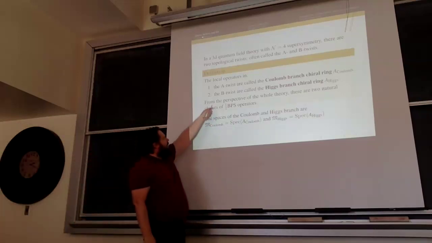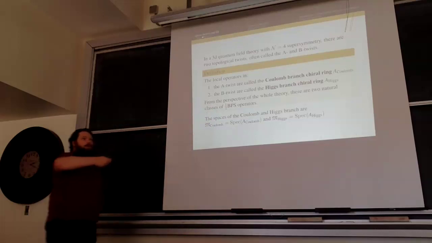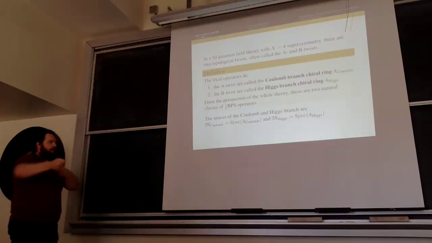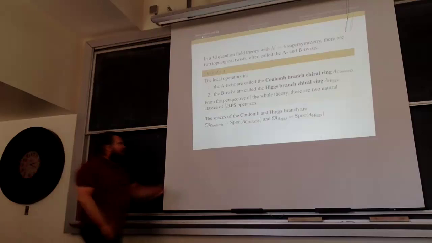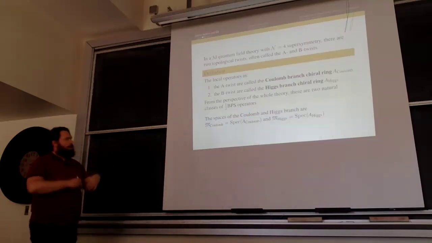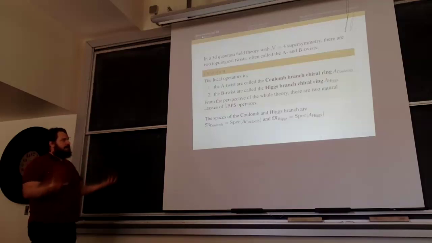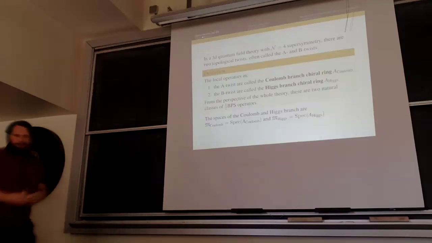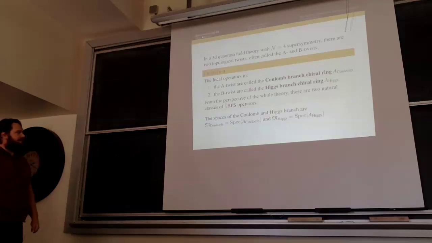And applying these topological twists, I get two local operator rings in the two different twisted theories. When I do the A twist, I get the chiral ring for the Coulomb branch. When I do the B twist, I get the chiral ring for the Higgs branch. So somehow, if all of that was nonsense, and I'm sorry, maybe I shouldn't have brought it up at all,